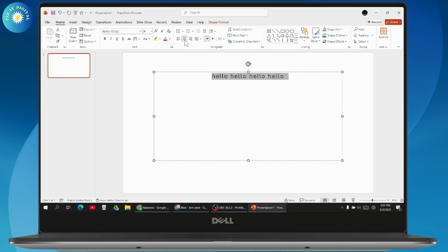And after that, you need to go with the alignment. So here you need to change the alignment. You can change it from left to right or middle, and your problem might be fixed. But if the alignment doesn't fix your problem, then the next method is you need to go with the arrow